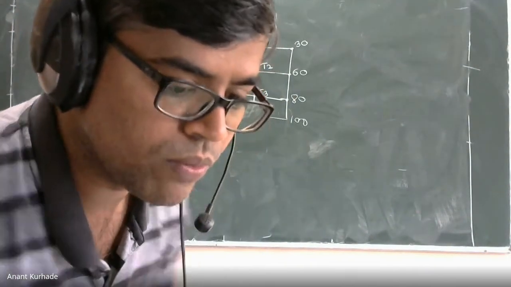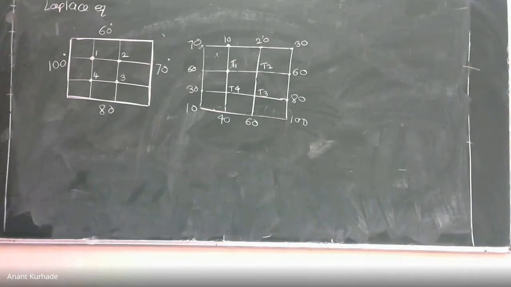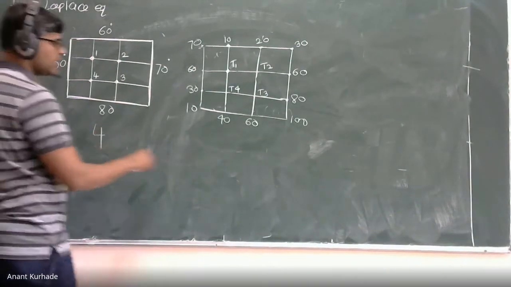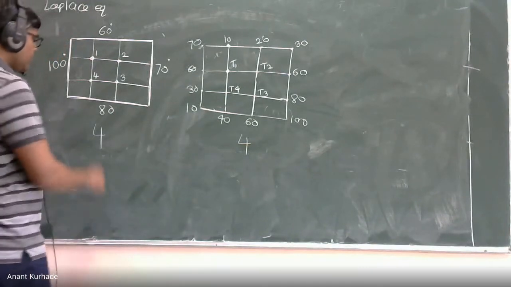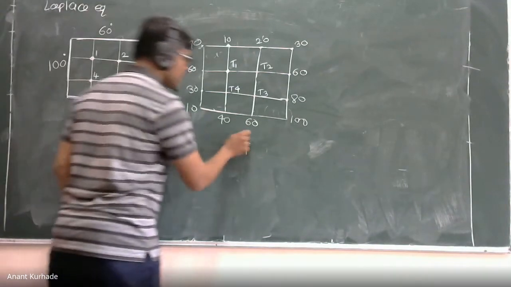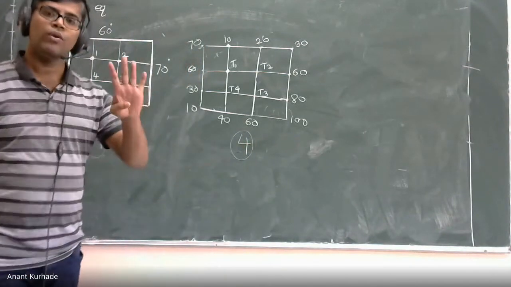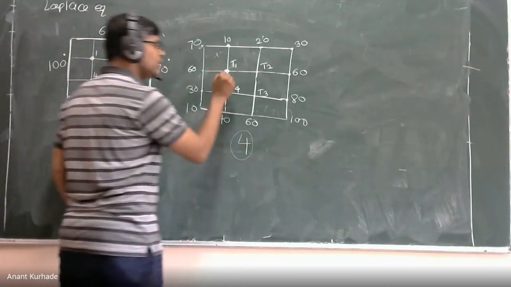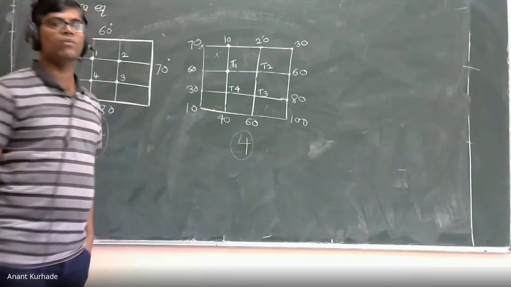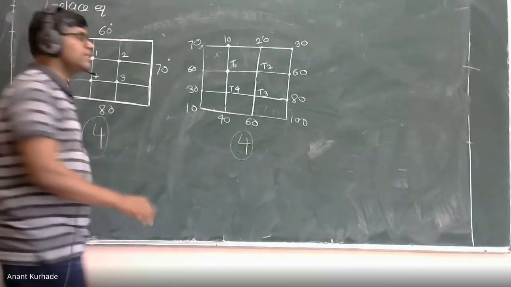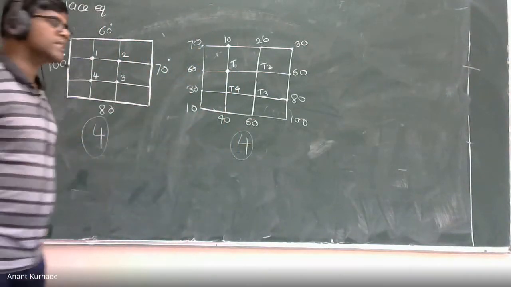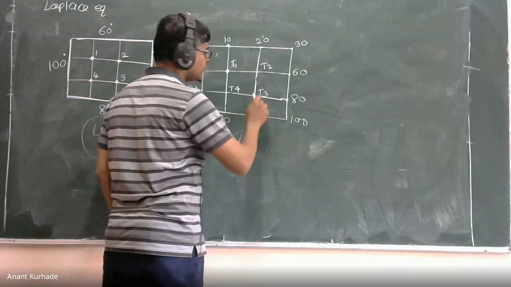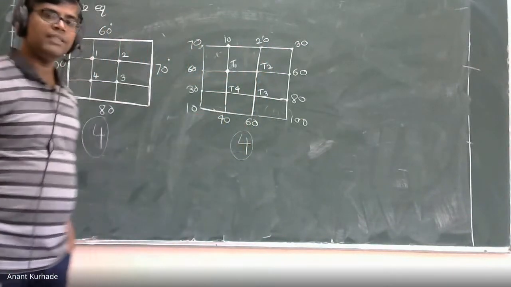See, how many nodes do we have to find the temperature at? Here 4 nodes, here also 4 internal temperatures. So please remember, if we have to find the temperature of 4 nodes, then we have to form 4 equations, one with respect to each and every node. Means each equation at each node. At T1 we can form one equation, at T2 the next equation, T3 the next, and T4, means 4 equations.